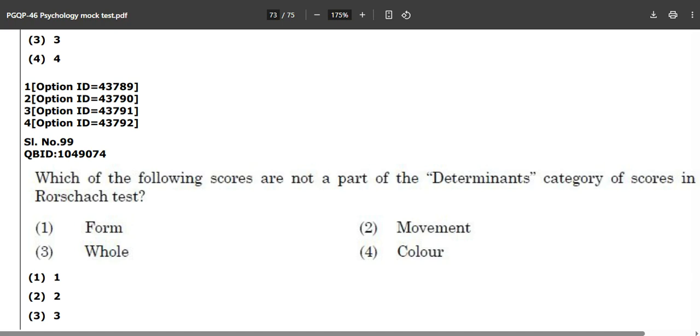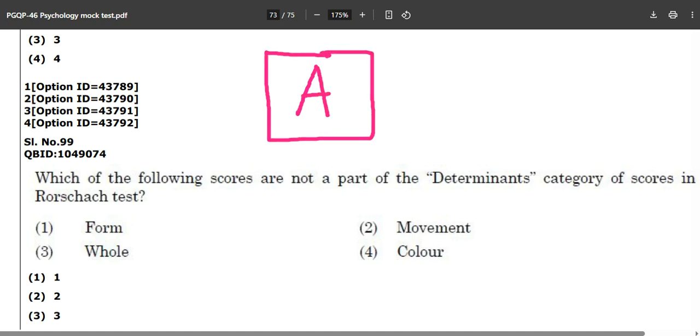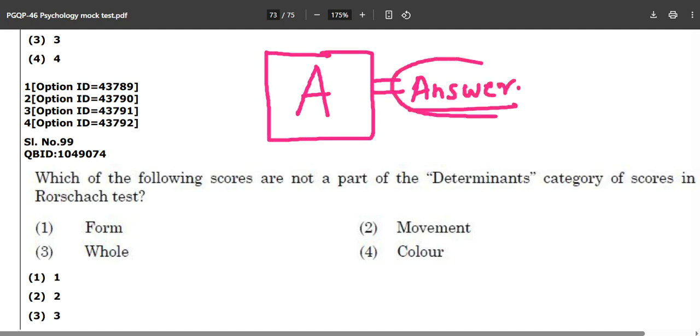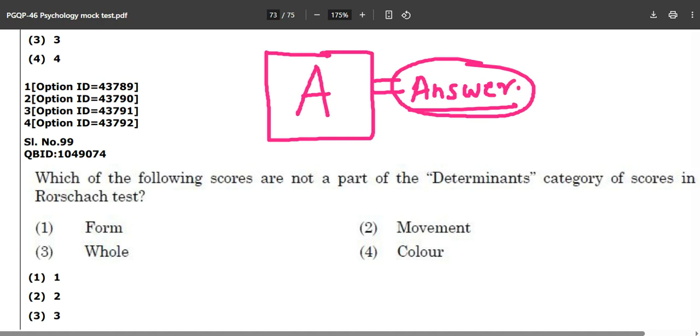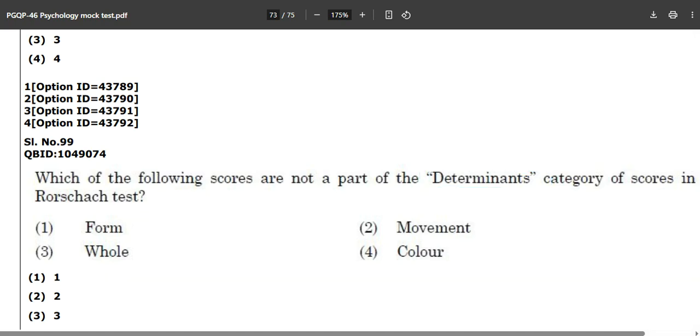Now let's suppose you don't know the answer. What you will do is quietly listen to what I am going to say right now. Go open the ebook, you will find the answer over there. The question is directly from this particular book, and obviously watch previous videos to get the best books for your MPhil entrance preparation. You don't need to refer to anything stupid, silly, or out of the box. Now let's suppose we don't know the answer, but what we have is the ebook, maybe in ebook format or maybe in physical format.